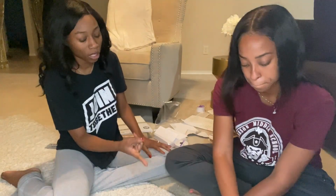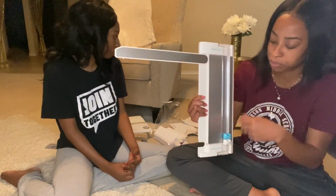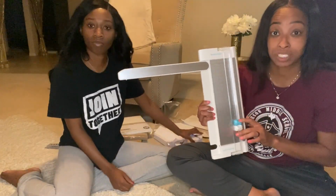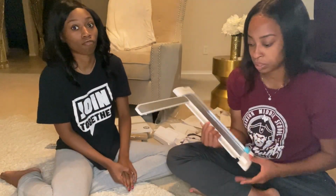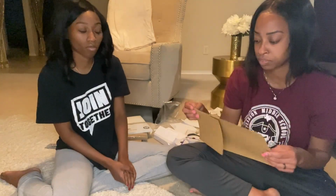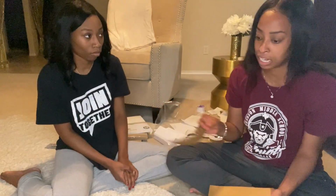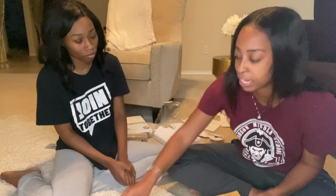We also purchased this. What's that? It's a cutter. So you slide the papers through, you cut, you can measure it so that it's precise instead of trying to use scissors and guess. So we cut out our sample card, and then we're going to take it and pre-measure all of the rest of our cards, and then she'll do that, and then I'll cut them through. We're going to do an assembly line with 2 people. So we're going to try to knock those out first. We'll cut the place cards down first, and then we'll go back and cut the